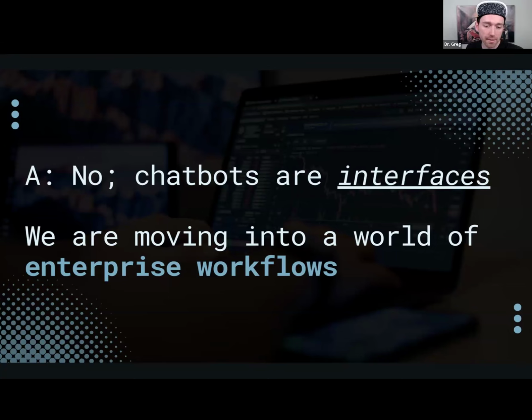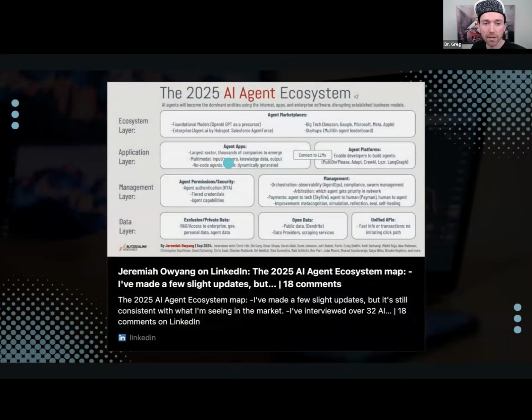And this is where we're headed, towards these enterprise workflows. We're headed towards a future where, and you can see this early right now, this is from today, from one of the VCs that was at the Llama Index Ragathon. That was a judge when we were running this hackathon with Llama Index in September. And he put out this sort of enterprise layer. We can look at Agent AI by HubSpot or Salesforce Agentforce. This is the kind of thing that enterprise is thinking about.